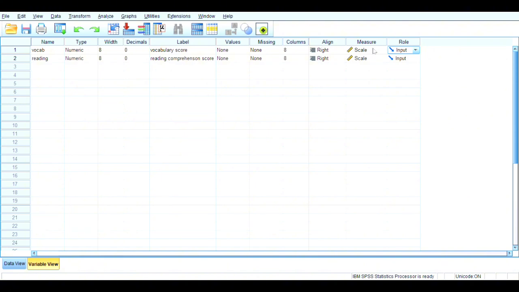And the second variable is reading, which represents the reading comprehension score. The variable is also numeric and measured on a scale. Setting the measure level as scale is important because the research uses correlation.